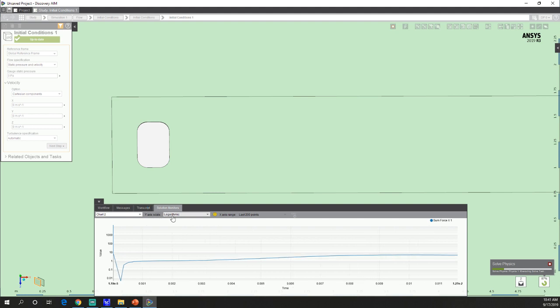So this is one of those things where historically, whenever we did transient simulation, there's a lot of trial and error. You try to calculate what the possible frequency of vortex shedding is. You do an estimate, set time steps, run the simulation. Sometimes you need very small time steps. Sometimes you can try to take larger time steps. So there's a lot of uncertainty in determining that. With AIM, we can just set it up and let it run, and it automatically tries to capture the right flow features. And at some point down the road, it should